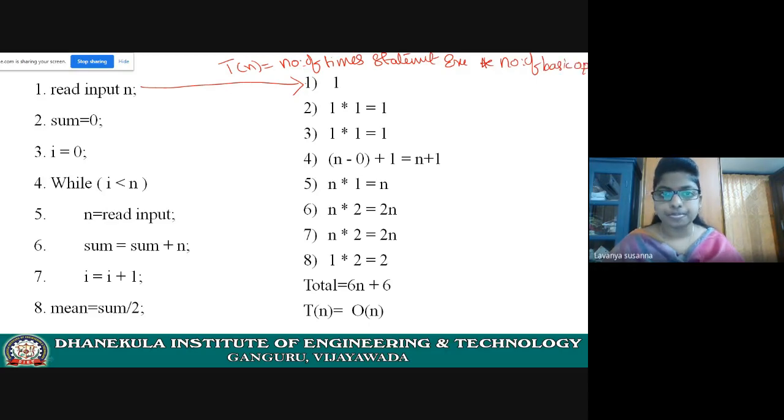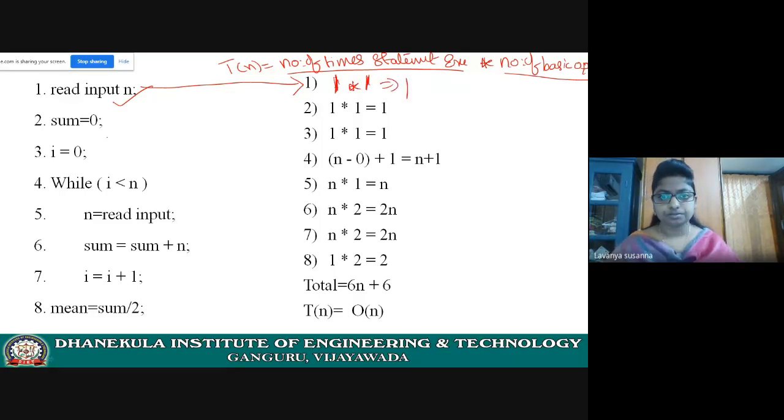Now, for this first statement, the number of times it executes is only 1. 1 into how many basic operations are there in this statement? There are no basic operations like addition, subtraction, multiplication in this statement. If there are no basic operations, just put 1. 1 into 1 equal to 1.